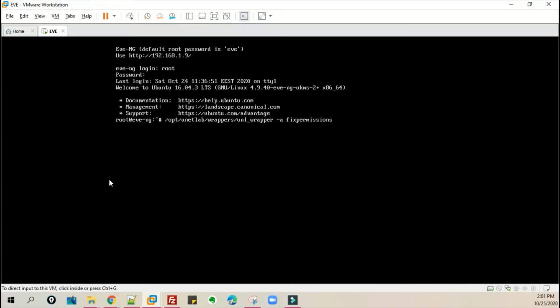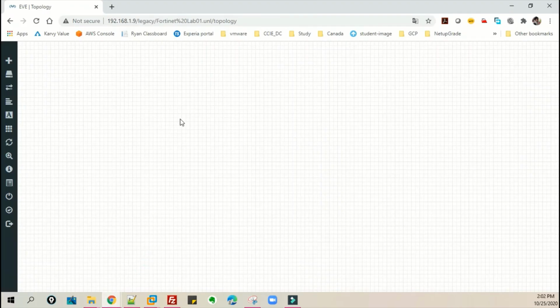This command means that whatever changes we wanted to do, we are done. Now we don't need any other configuration changes in the EVE-NG VM. Now we are ready to use the Fortinet image.